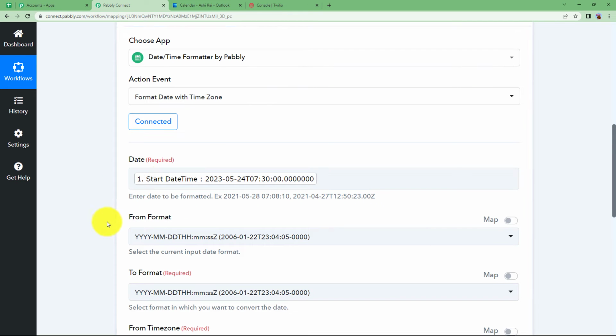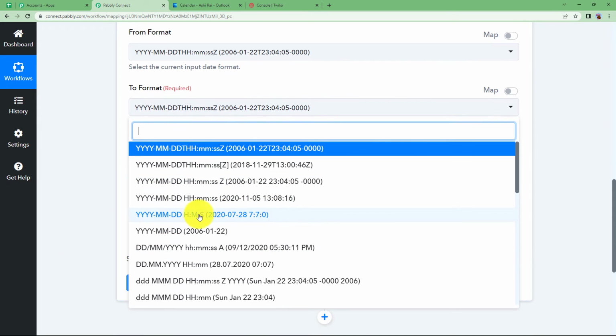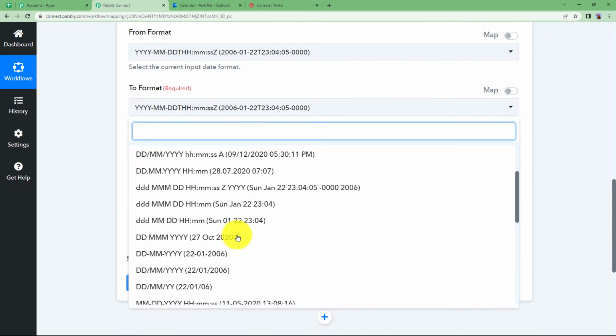Okay, now this is changed. From format. So from is this only, because the date is given in this year, month, date, time. And this time is given. So this is the same format. What is the to format? You want to make it to a simpler format. So let's say keep it to